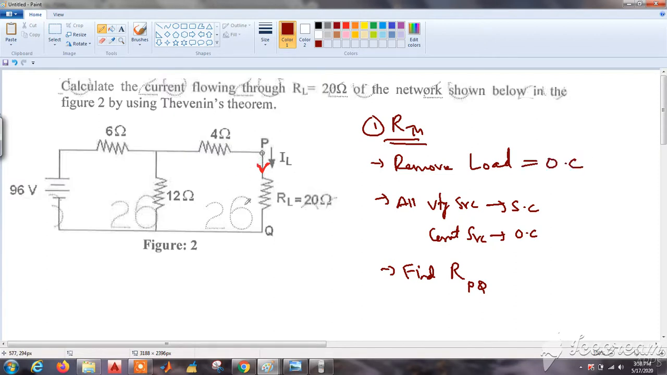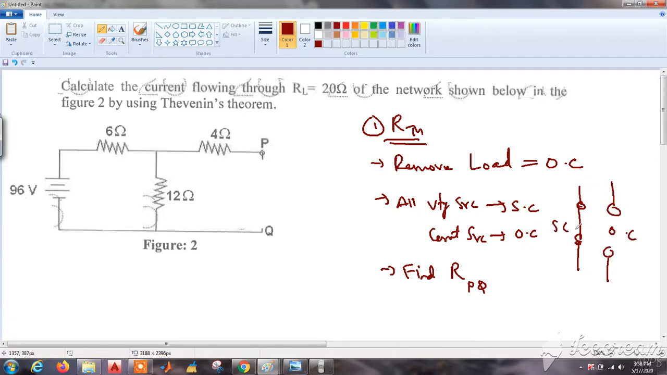That is, our load is RL. Let's remove it like this. And the second rule is that all the voltage sources present in the circuit must be short circuited, and all the current sources should be open circuited. So we do not find any current source in the given circuit. We find only one voltage source. So let's short it